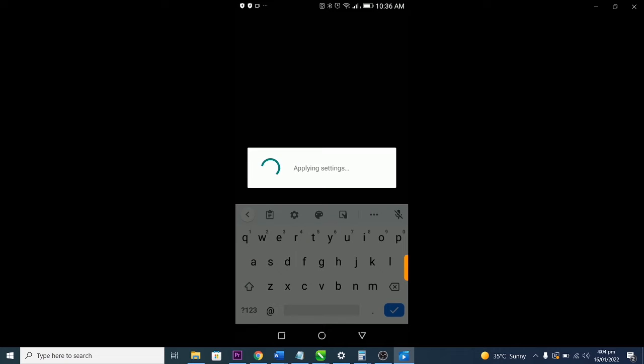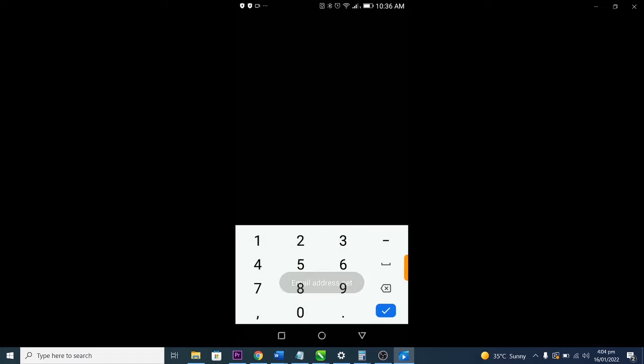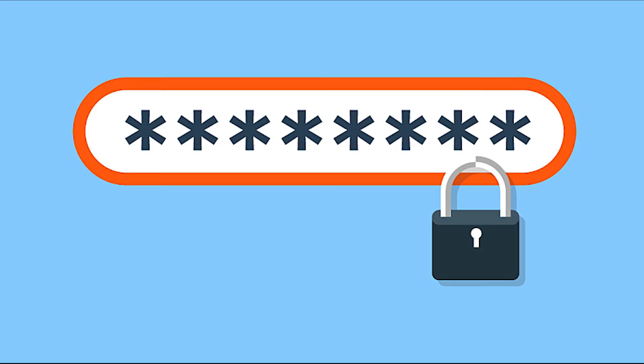So this is my own. I've put my Gmail and change PIN. If the PIN was not there before, it won't tell me to change PIN, but because it was there before, I don't need to change it. So that's this. Make sure you actually use two-step verification for all the applications that you are using. It's very necessary. And then when you are setting a password, always use combination of words,